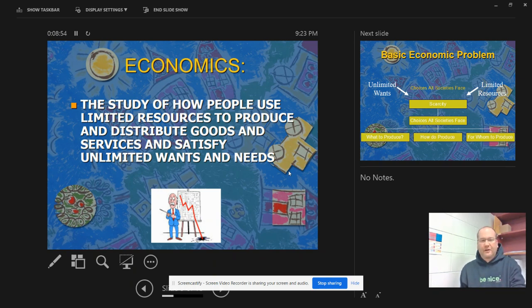So on the face of this earth, we have limited resources. We've only got so much water. We've only got so much oil. We've only got so much natural gas. We've only got so much farmland. We've only got so many trees. Like our resources are limited. We don't have unlimited. The issue is then who is going to get that stuff? What are we going to make out of that stuff to help satisfy our basic wants and needs, which are unlimited though? I mean, think about it. We want a lot of stuff, but we can't have everything if we don't have an unlimited amount of resources. So we have an issue.